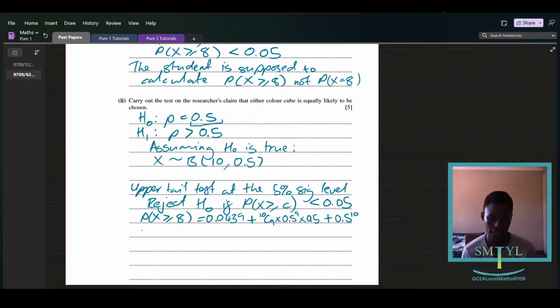That's for when x is equal to 10. So the probability that x is greater than or equal to 8 is equal to, let's punch this into the calculator, 0.0439 plus 10 choose 9 times 0.5 to the power 9 times 0.5 plus 0.5 to the power 10, and that gives us